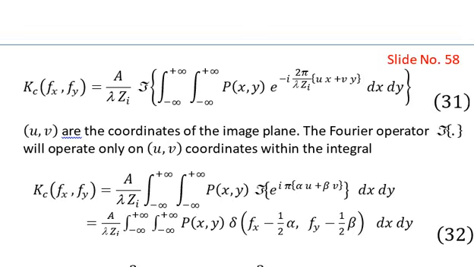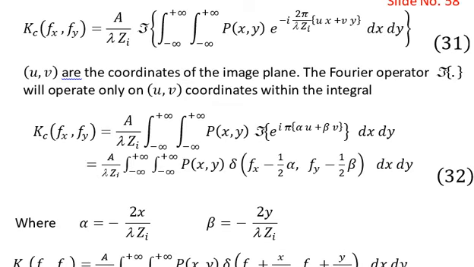So you see that this Fourier operator will go inside the integral, because this Fourier operator is a function of u and v. So it will operate only on u and v, that is, it will operate on the exponential part, because the exponential part contains u and v. So let's send kappa inside the integral. Let's send the Fourier operator inside the integral, as we have shown in the first row of equation number 32, that the operator is operating only on the exponential part,